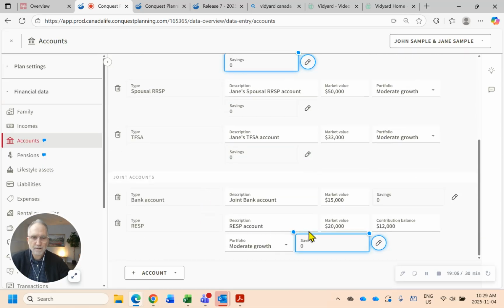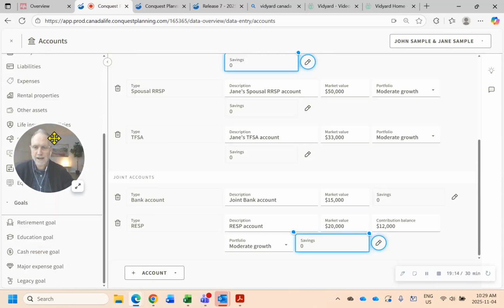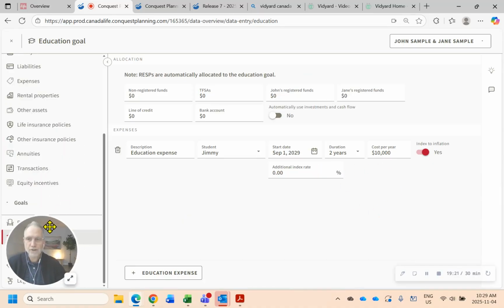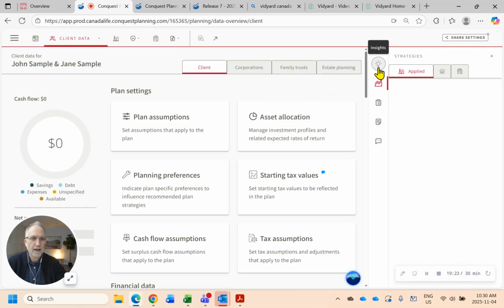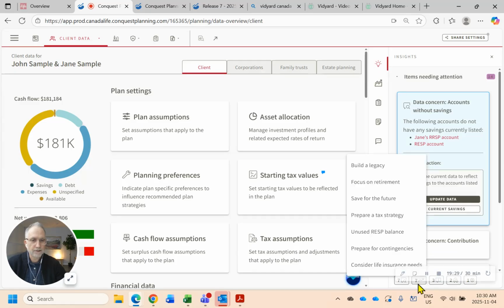At the bottom, RESP, so $20,000 market value. It's got a moderate growth profile. And with regards to the goal, I believe I had 20,000, 10,000 per year for 2 years in my example. And so in our projection, if we look at SAM Insights, and if we look at the opportunities section, there